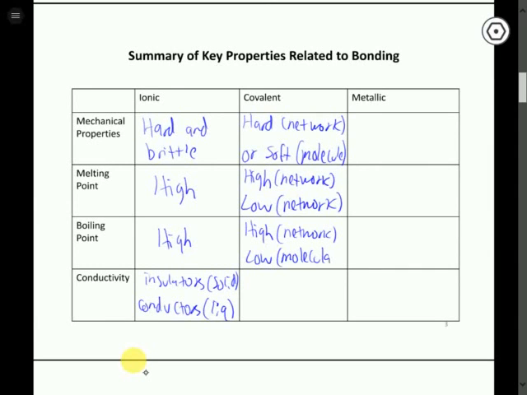So a lot of our molecular compounds that we're familiar with are liquids or gases at room temperature because they